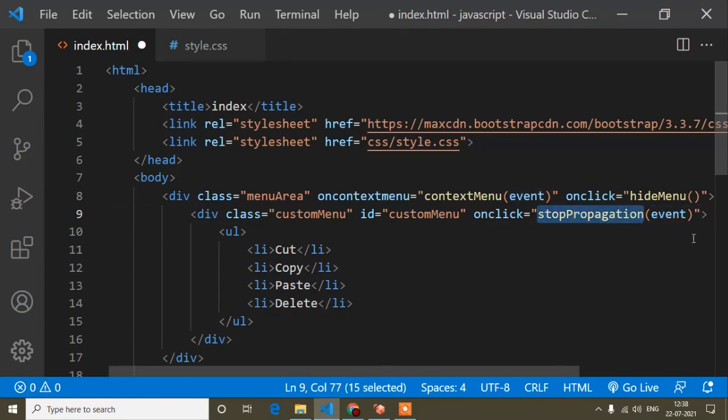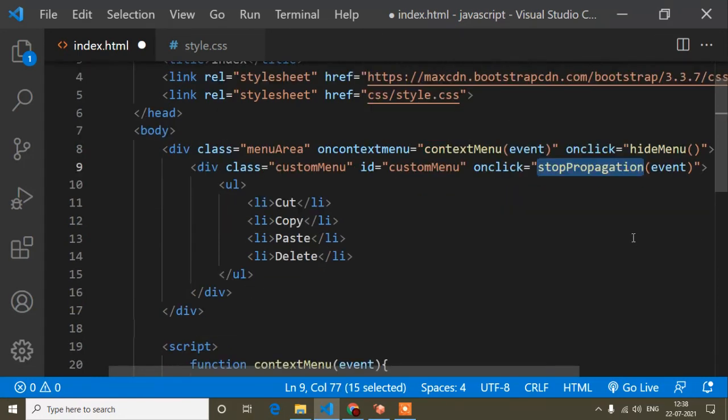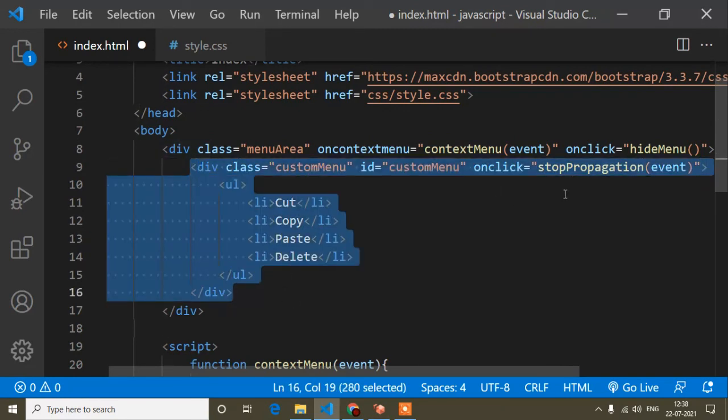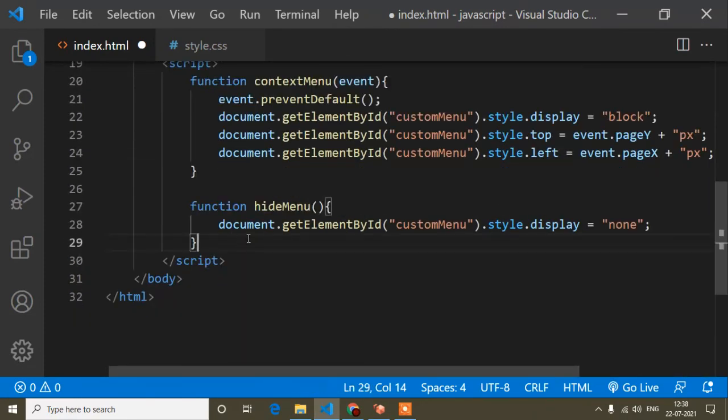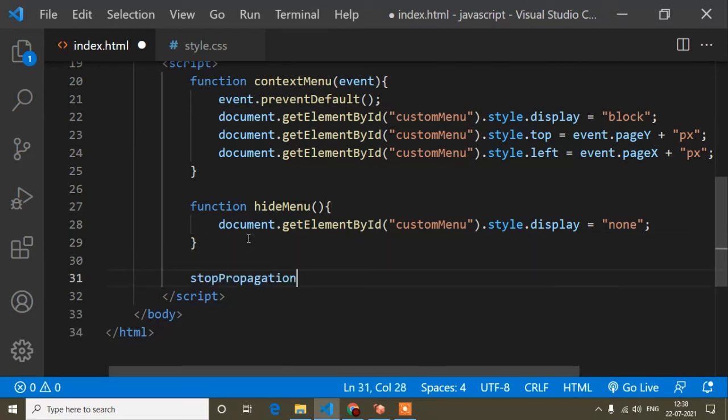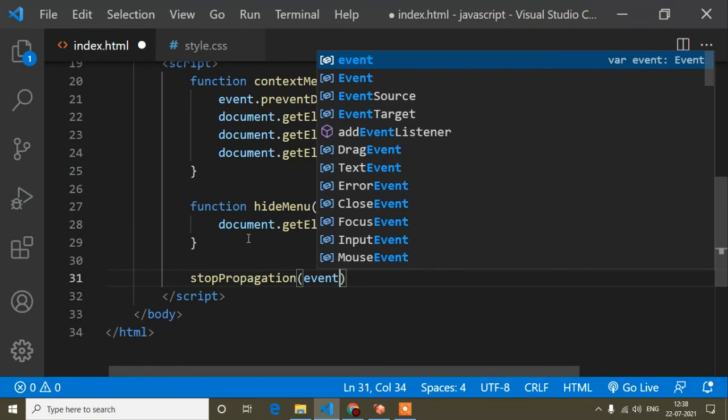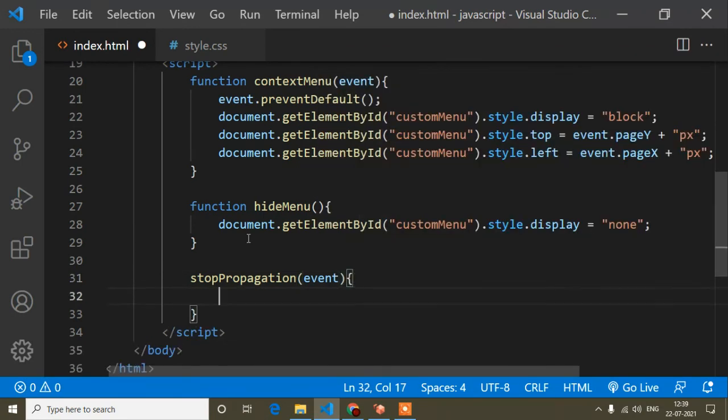I will copy this method name. Now when I click on this menu div, the menu should not disappear, so this event bubbling I have to stop. Now here I will pass a parameter, event. You can give the parameter any name.